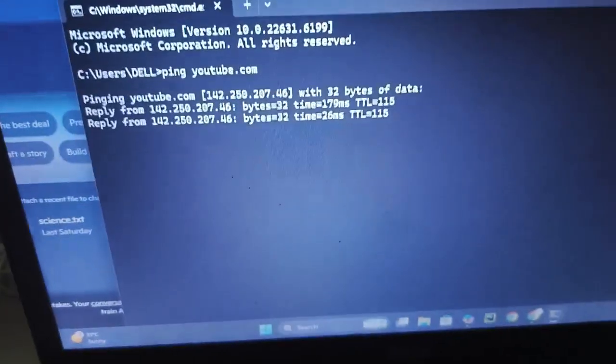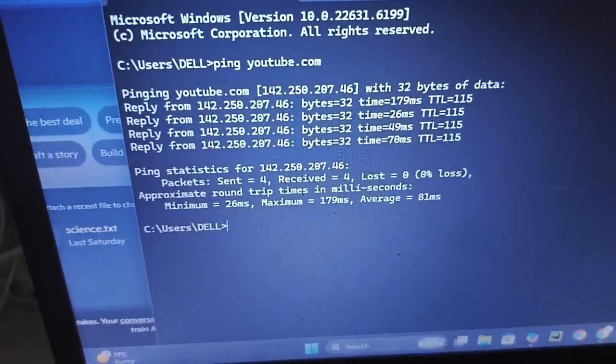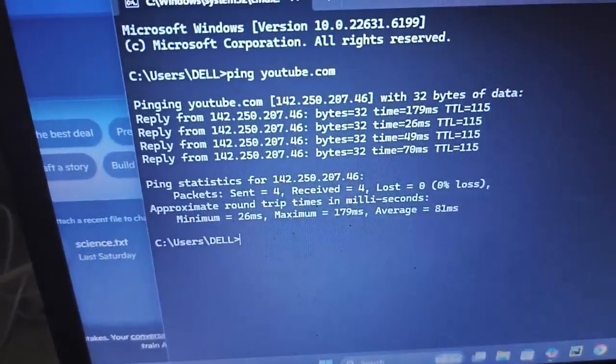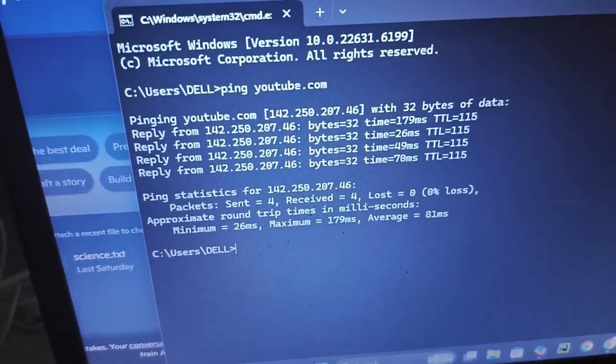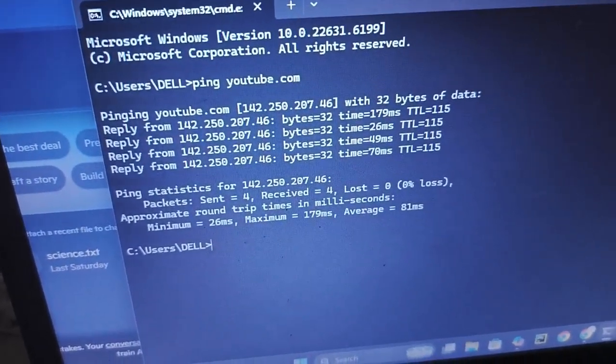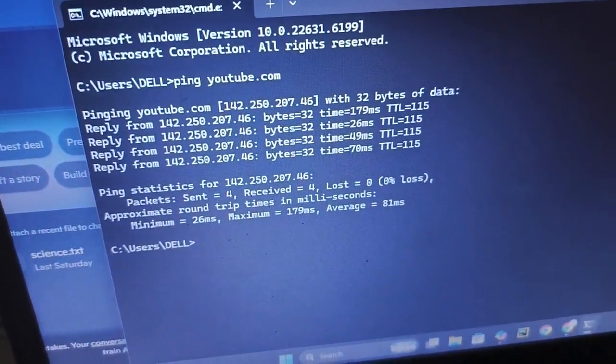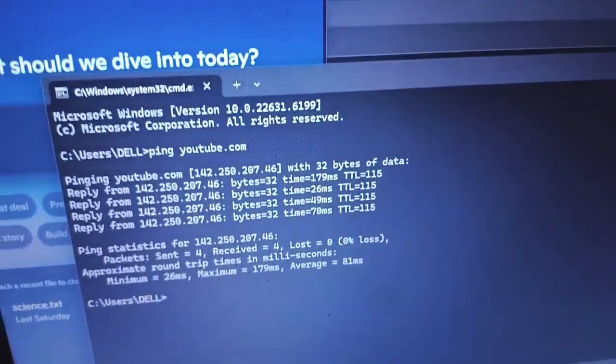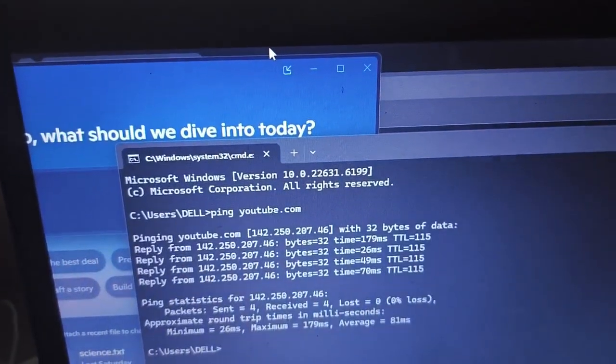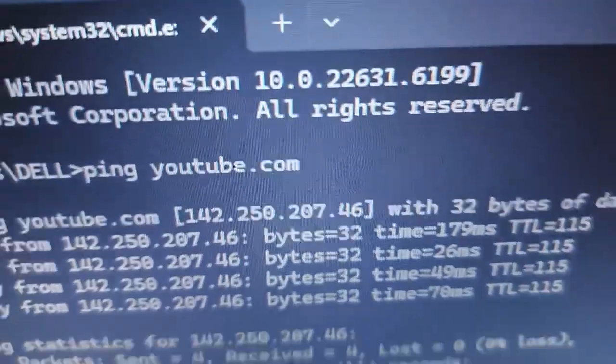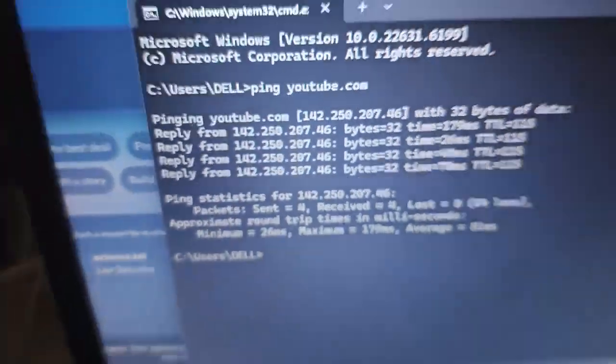Boom. See, now that is the IP address of YouTube. You can see that 142.250.207.46. That is basically the server of YouTube, which translates the name into this so that our laptop can actually connect to it.